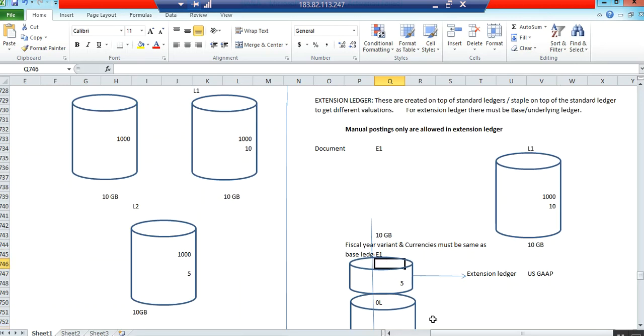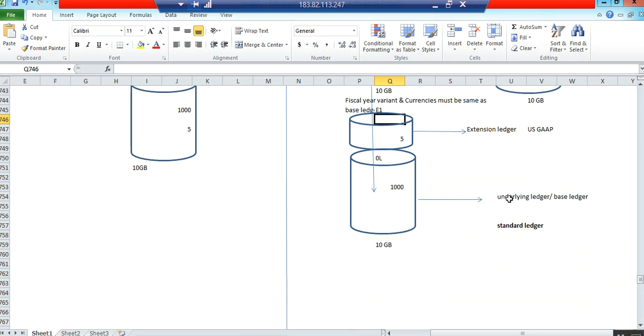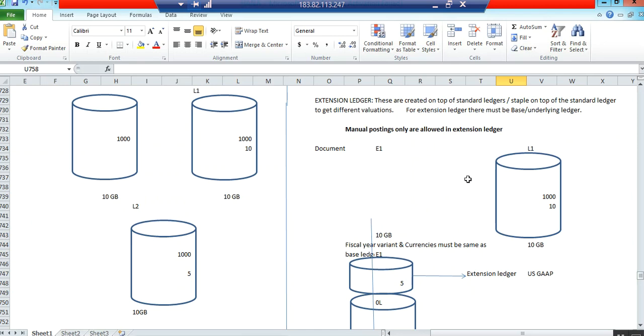Suppose I have extension ledger E1. On top of E1, can I create E2? E2 I am creating, and for E2, the base ledger is E1. It's not possible. What I told, the underlying ledger or base ledger must be the standard ledger, not an extension ledger. You cannot put one extension ledger as a base for another extension ledger. For extension ledger, the base should be standard ledger. Means